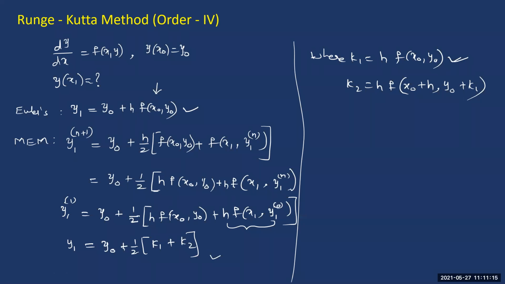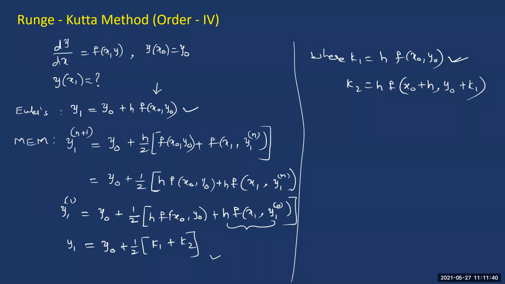Right? The same formula you have used in modified Euler's, but for convenience, they are making it a single step method. They are not taking it as an iterative method. In modified Euler's, we take iterations, but they have just modified it as the average of these two slopes, and they are calling it Runge-Kutta second order method. It is second order because you are taking slopes at two different points, right?